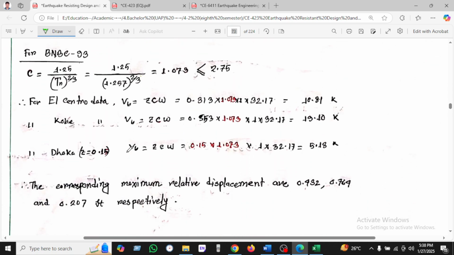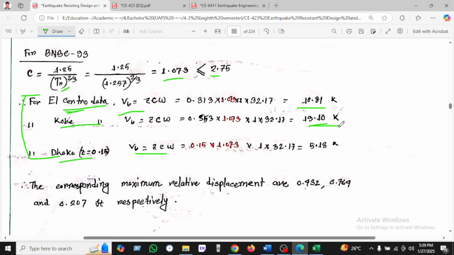As in the previous BNBC, we have seen here C equal to 2.5, and using this formula we found 1.07, which is less than 2.5. So if we summarize the three values for El Centro, Kobe, and the Dhaka zone, the base shear we found is 10 for Kobe. If we use the El Centro ground motion it is 10.8, and if we use the Kobe seismic ground